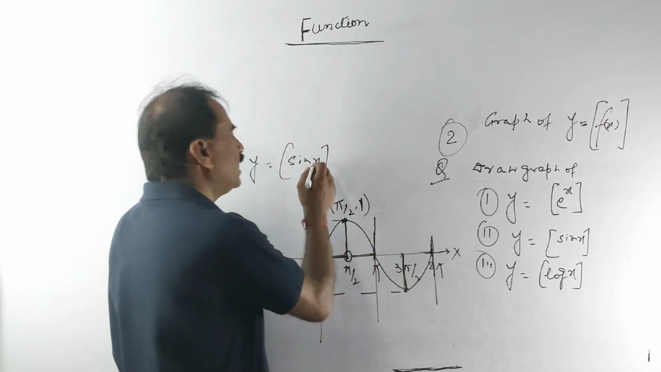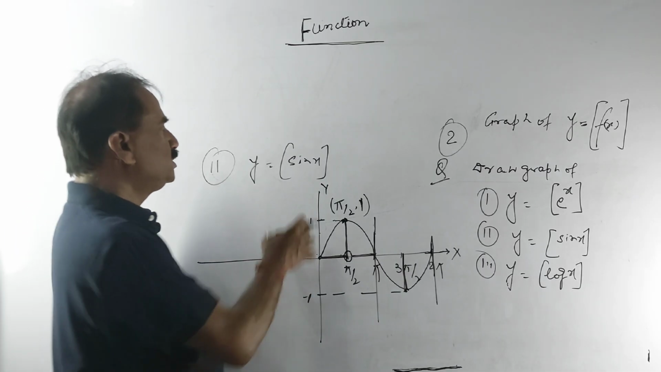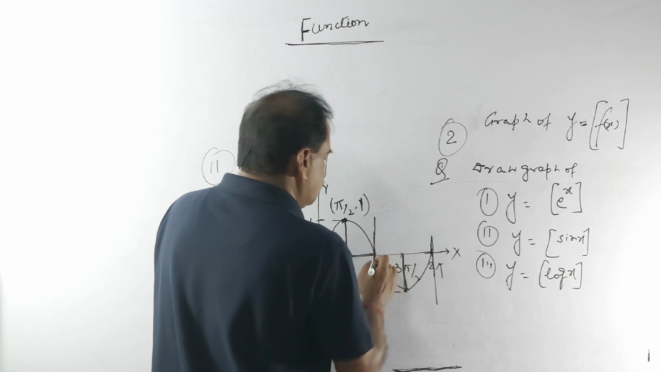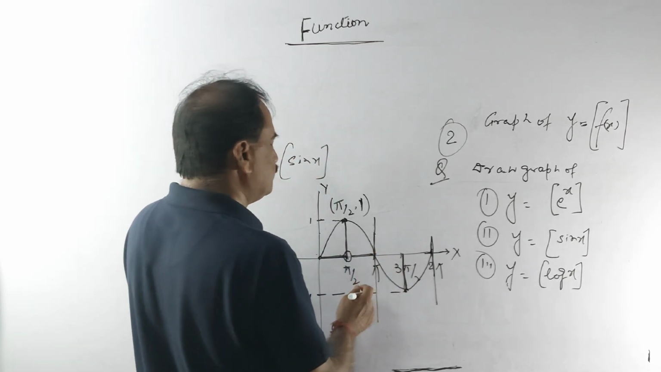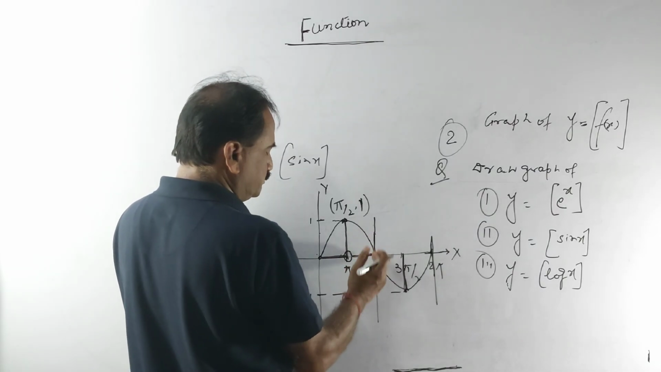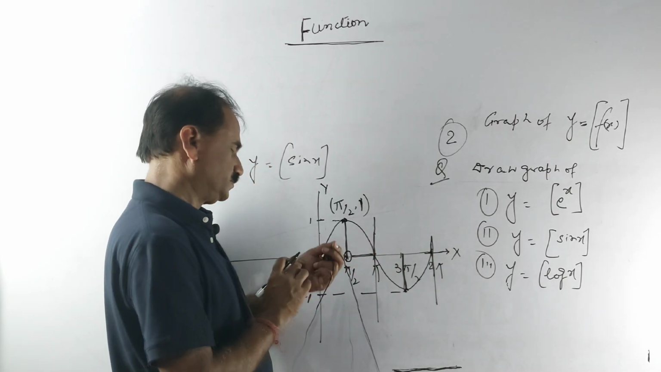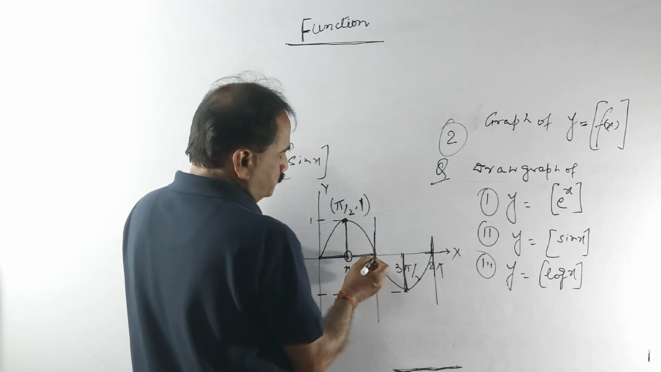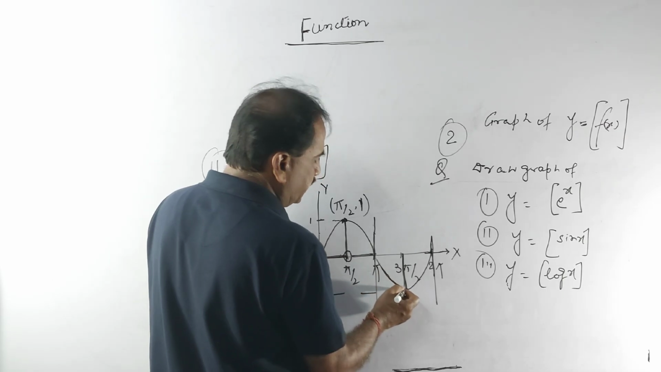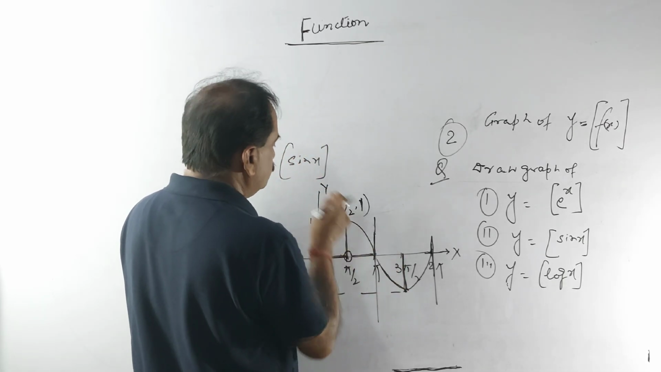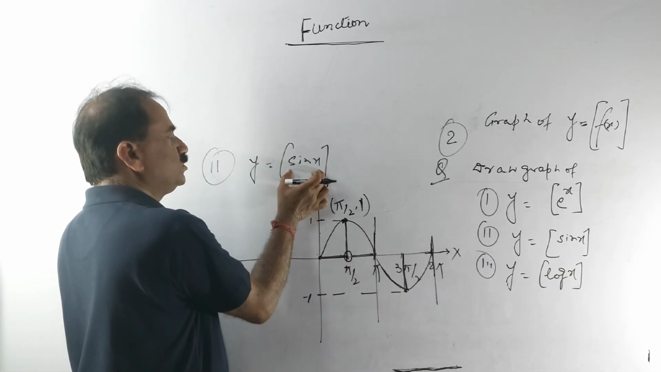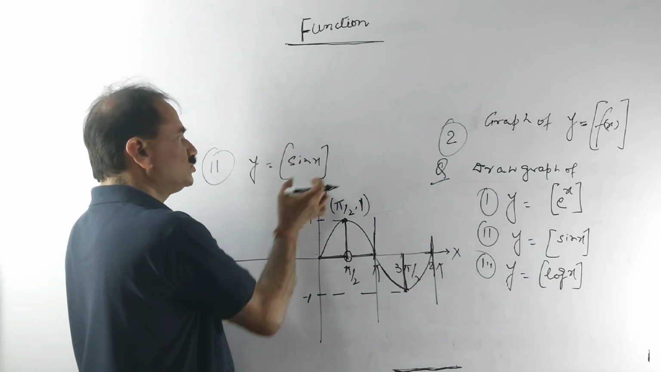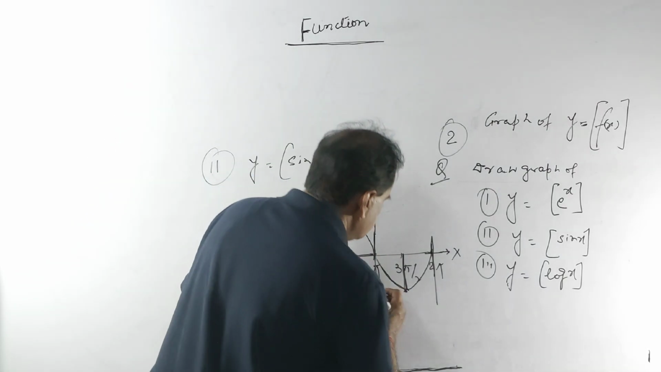At x equal to pi, sin pi is equal to 0. So the integral part of 0 must be equal to 0. So this point exists. Again, we see the value of sin x between these two vertical lines. From the graph of sin x, the value of sin x lies between minus 1 to 0. Therefore, the integral part of a number between minus 1 to 0 must be equal to minus 1. So this is the graph